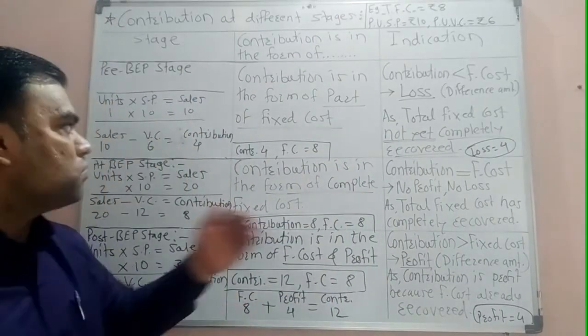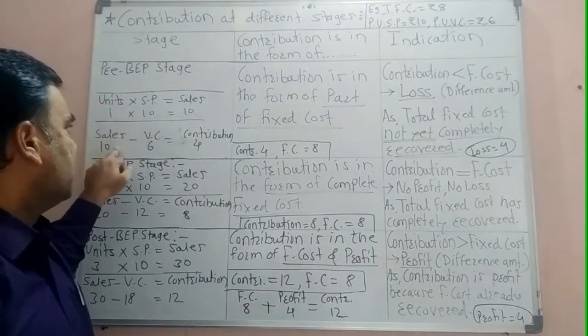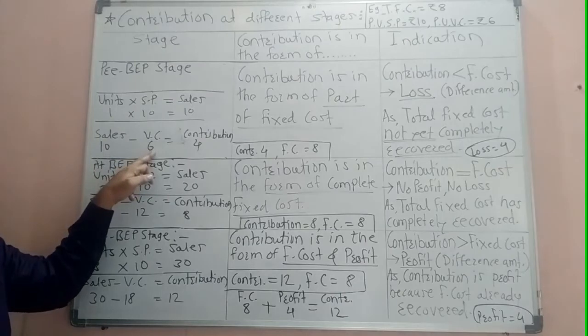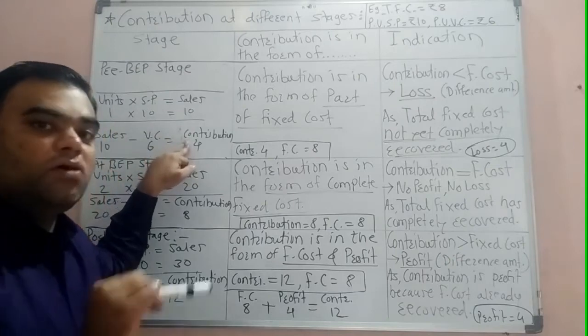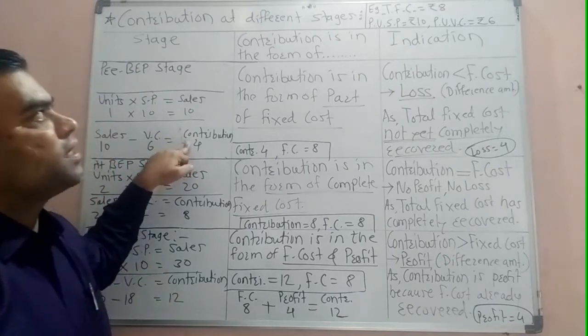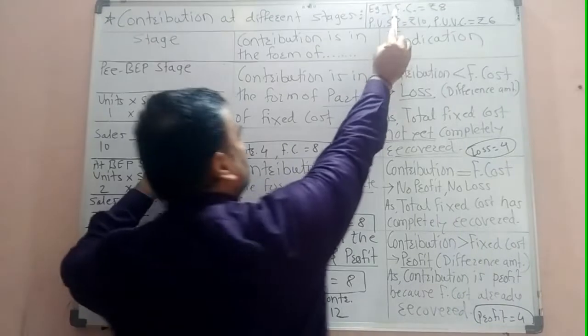When we sold one unit at rupees 10, we immediately recover the variable cost of rupees 6, and the remaining rupees 4 is the contribution, and the same contribution amount will be utilized to recover our total fixed cost,